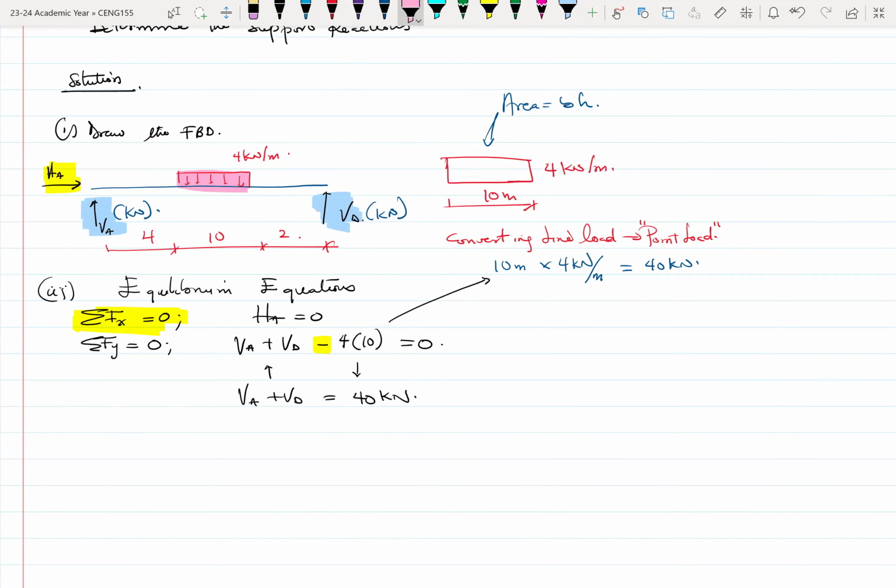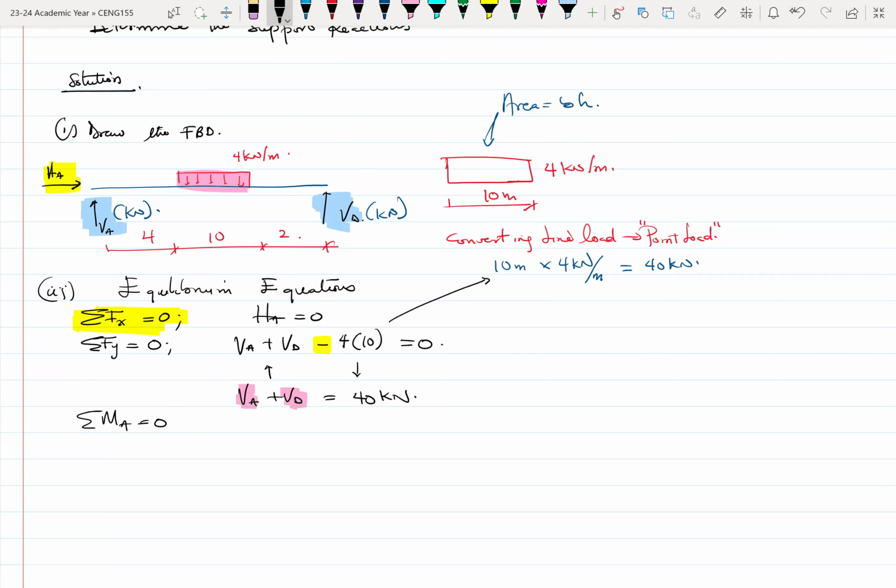This equation has two unknowns, VA and VD, right? From our math class, we learned that if you have two unknowns and you have one equation, pretty much you cannot solve that problem. So two unknowns require at least two equations. Right. So we need to derive a second equation in this case to help us find either VA or VD. And for that reason, we find moment